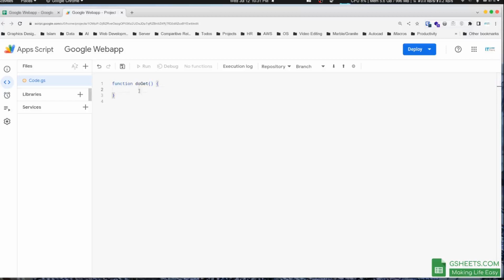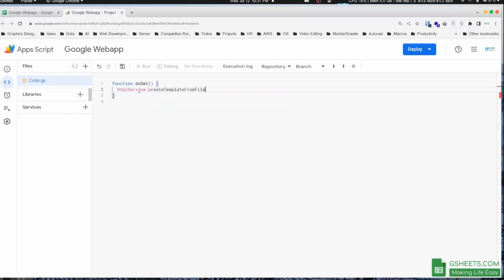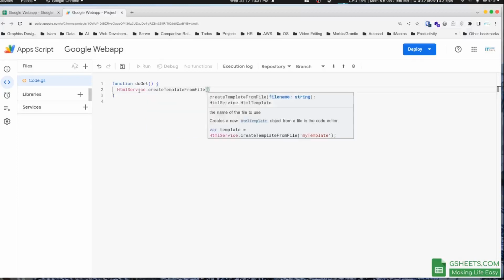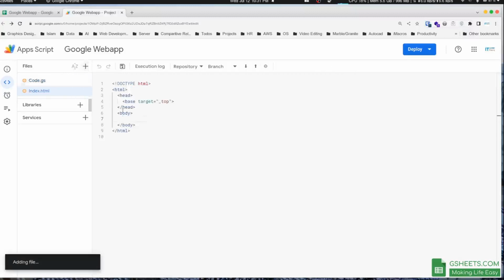The next thing I'll do is use the HtmlService. It's a class, and then I'll use createTemplateFromFile, and then I'll give a file name. What I'm saying on this line is to go into this file and get the HTML from there, but the problem is that this file doesn't exist right now, as you can see in the file section. So I'll create a new file by clicking on the plus button and then clicking on HTML,